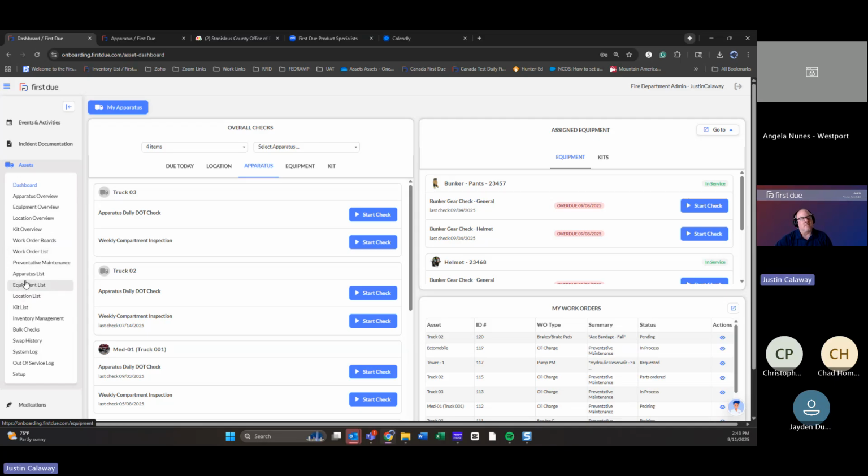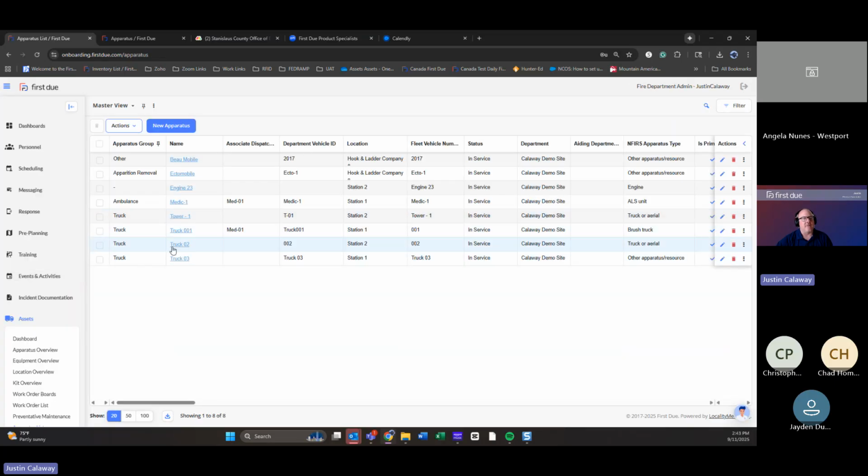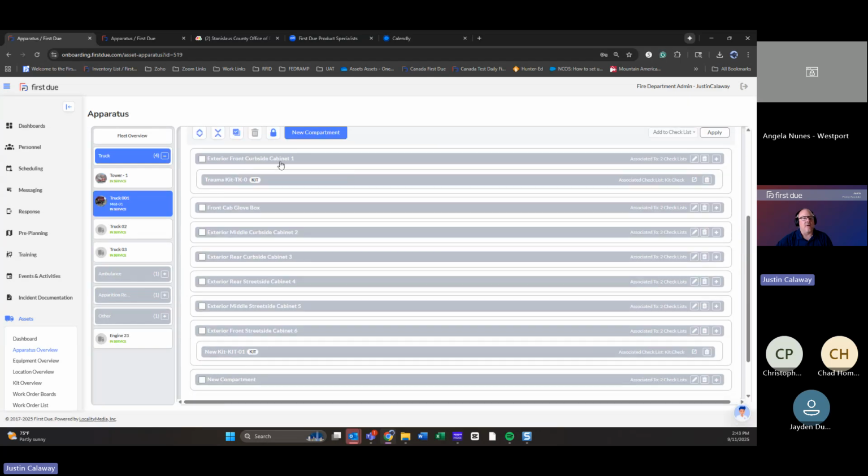So let's see here. Once you have some equipment in, and let's say you get some apparatus created, and you get to the point where you're saying, yeah, I want to start getting compartments created. I want to start getting equipment assigned. I want to start conducting inventories, equipment audits when they do their dailies and weekly checks. Creating those compartments is